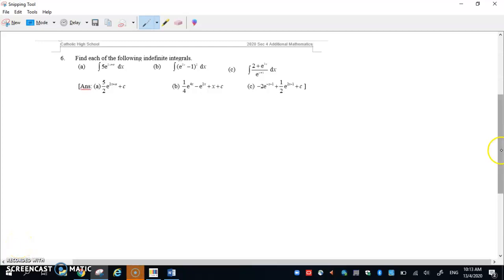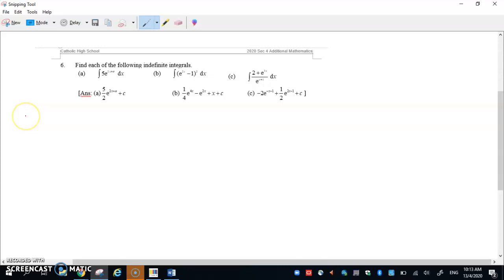So now, gentlemen, we are at page 20, looking at some miscellaneous examples of integrating exponential functions. Right, so for 6a, we have